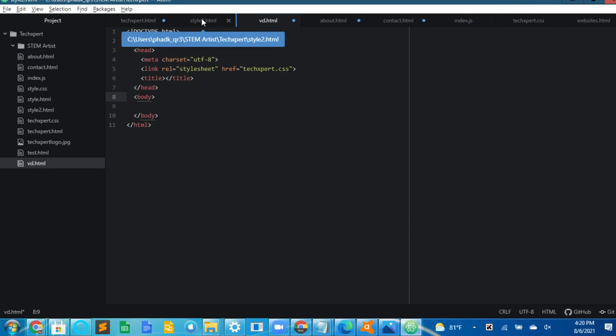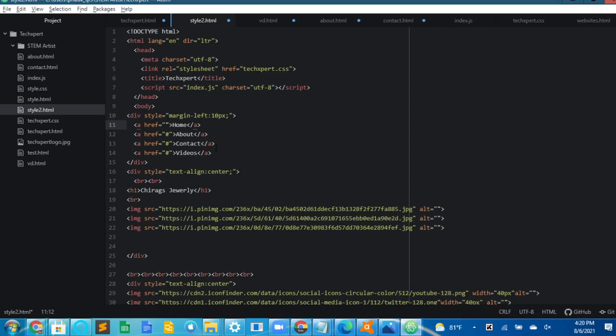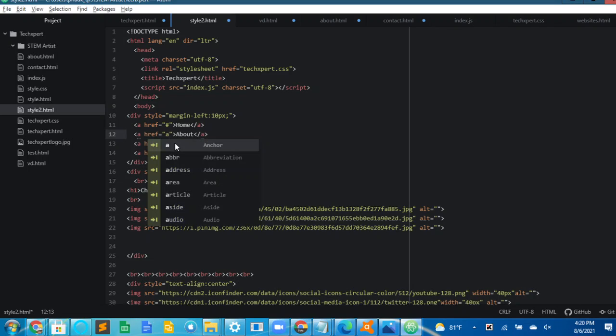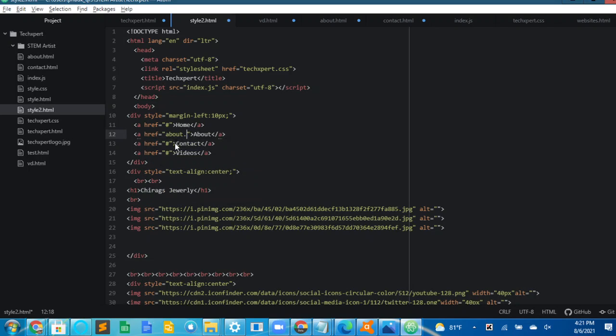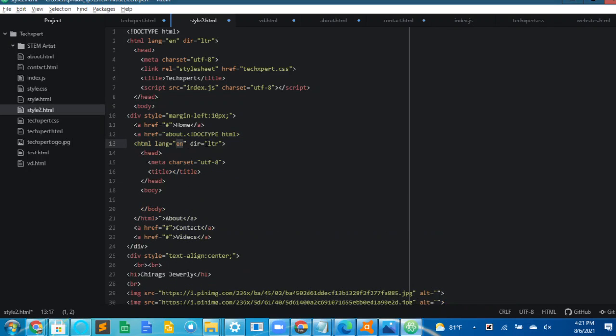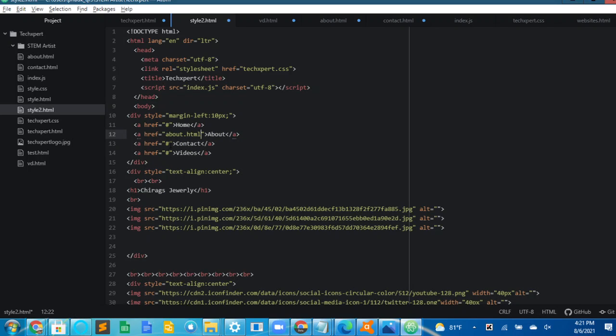And what I'm going to do is make sure each one of them is linked to each one. So I'm going to add a hashtag right here, and then vd.html or about.html, and what else is there? Contact.html,